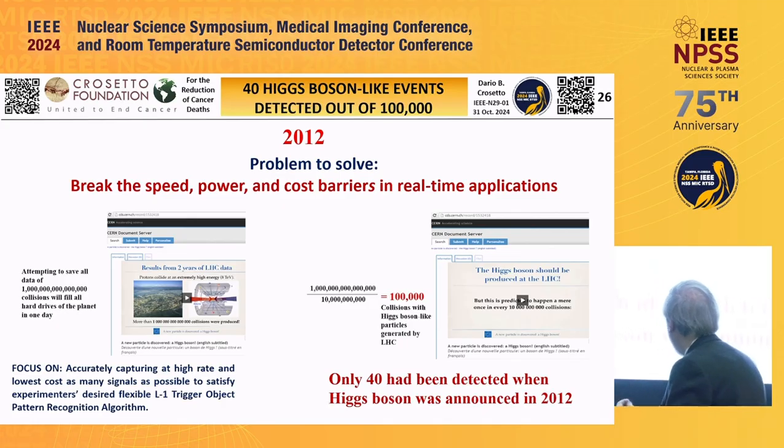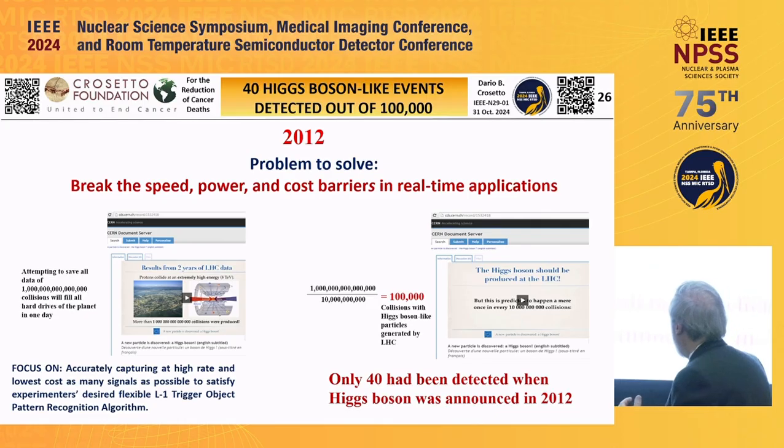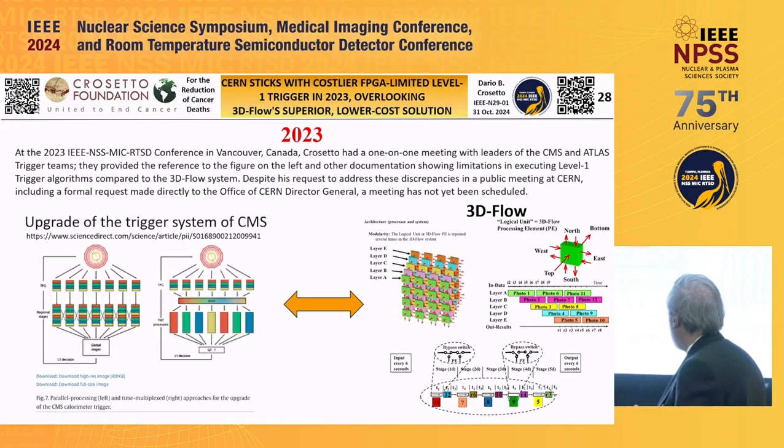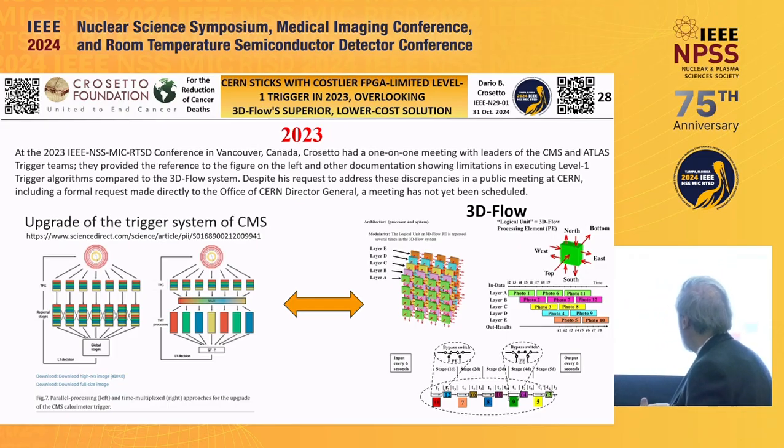The result of not using my system is that in 2012, when the FPGA was adopted, out of 100,000 Higgs boson-like particles generated by the LHC, only 40 were detected. Okay, this could be designed better, and so now what we still have to discuss, this was 2023, I discussed